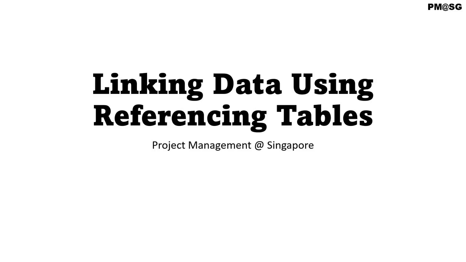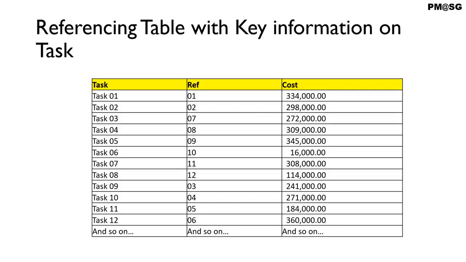This video is for introducing the methods to use for linking data from referencing tables. It is rather common to need to work with input tables which include a referencing table that stores key information for certain data. For example, this referencing table stores information about the various tasks in terms of the alternative reference number